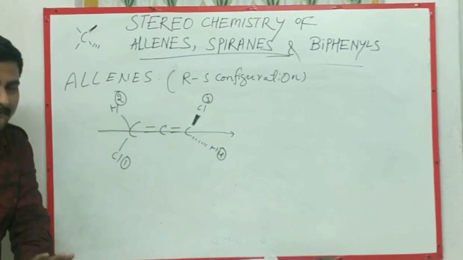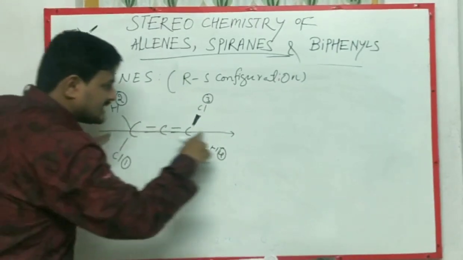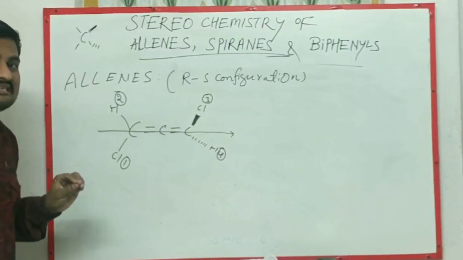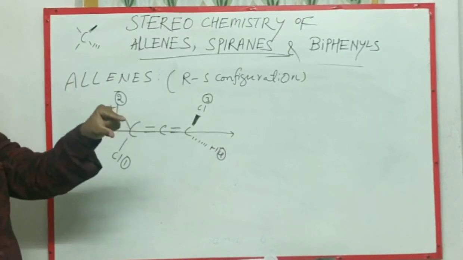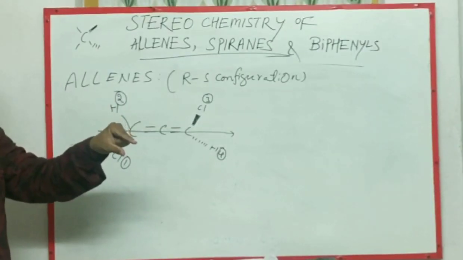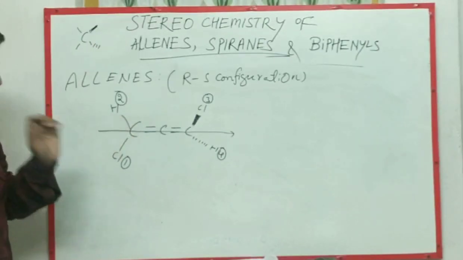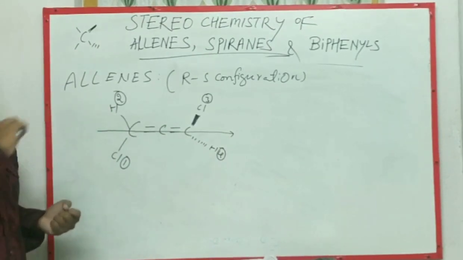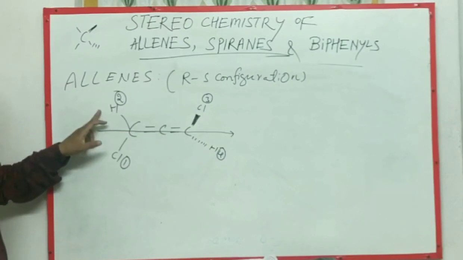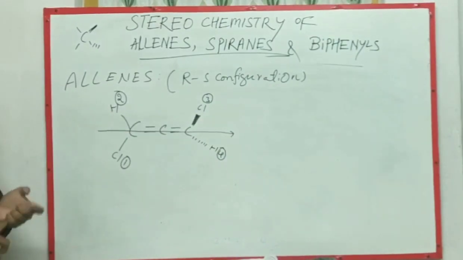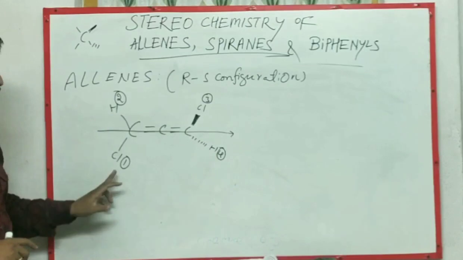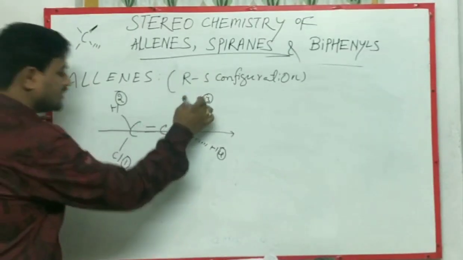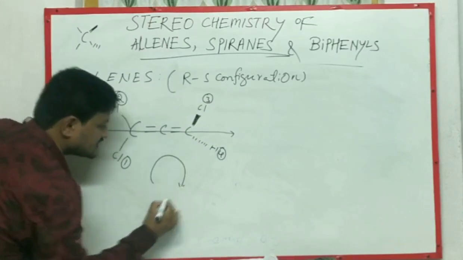Do you understand? And this is the chiral axis of allene. Here it is based on the 4 valencies present on the 2 terminal carbon atoms. Okay, 4 priorities. And again the priority starts with the within-the-plane atoms. Here these two are within the plane. Then we can start the priority. Here 1, here 2, 1, 2, 3, 4. Just 1, 2, 3. Which direction? In this direction.